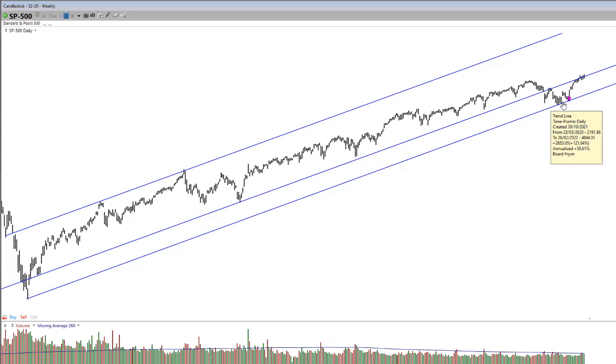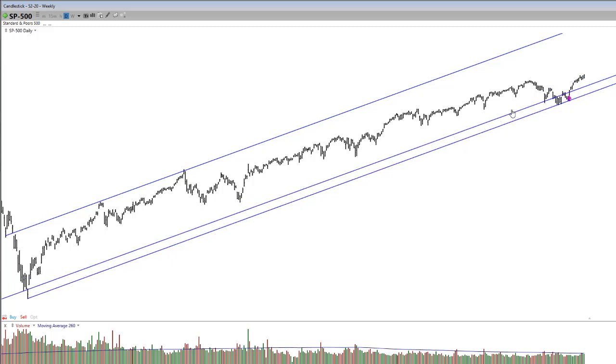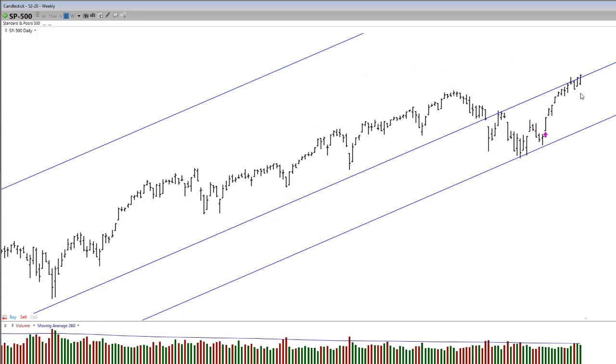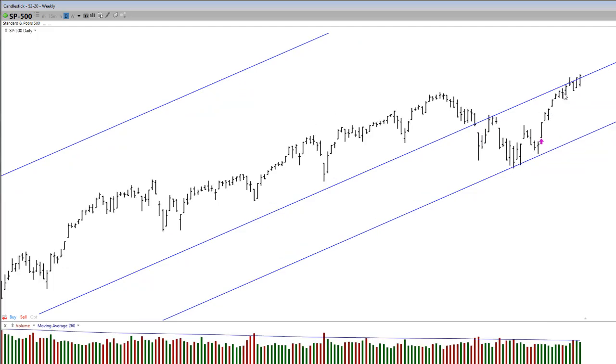That's all I did, right? I connected the major low points. And then I created the parallel trend line, which, as you can see, is the exact same angle. And I brought it up through there. And as you can see, if I bring it up just a little bit more, that's support, and there's almost a bunch of support through there. And as you can see right now, we're right at that level, and that's the reason why it's actually having a lot of resistance where we are right now in the stock market, right?